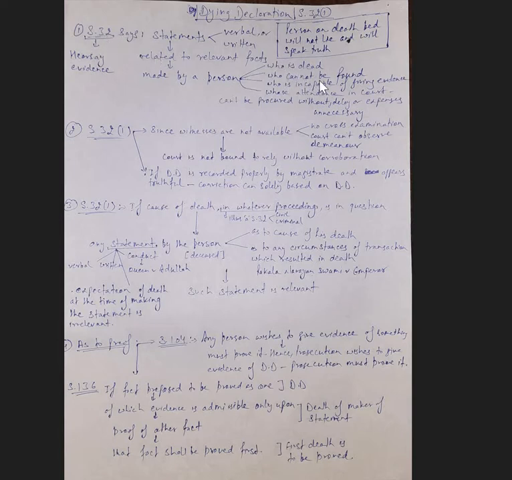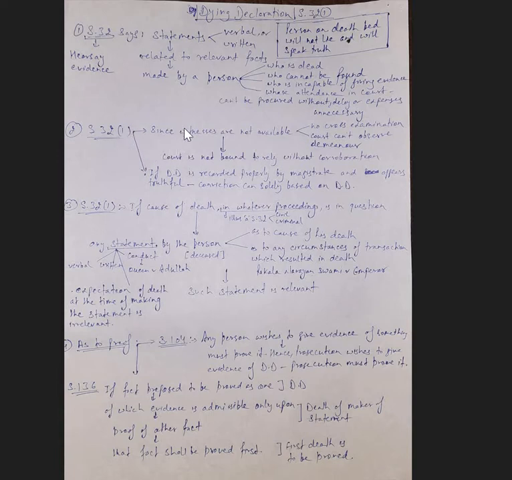In such cases, their statements are accepted as evidence under section 32 because they are not available. Either they are dead, they cannot be found, or whatever the reason is, they cannot come to the court. And hence section 32 is known as an exception to the general rule that hearsay evidence will not be accepted. Section 32 clause 1 talks about